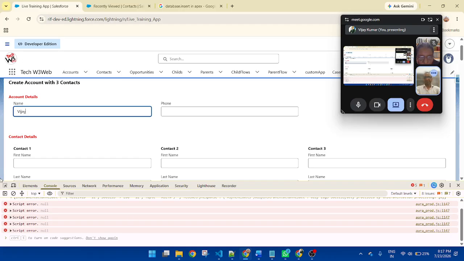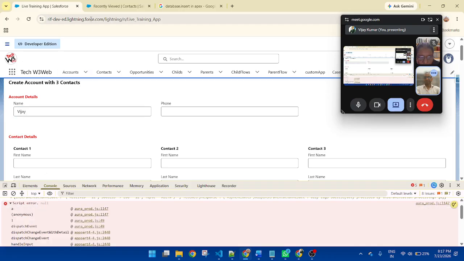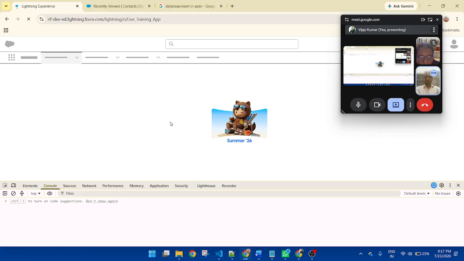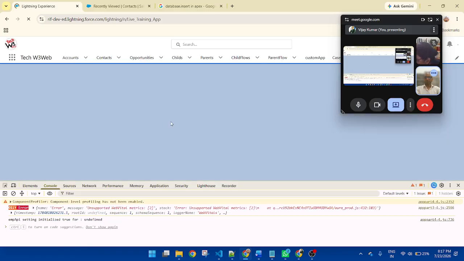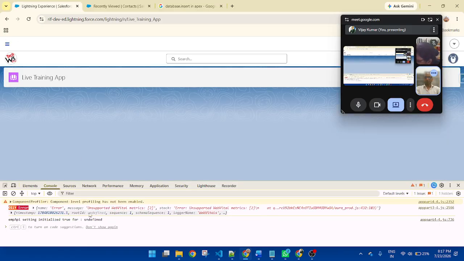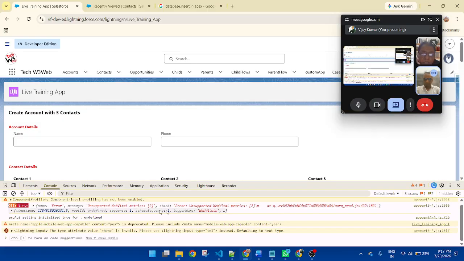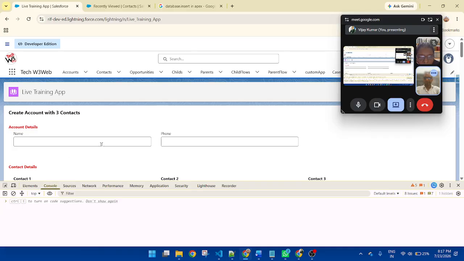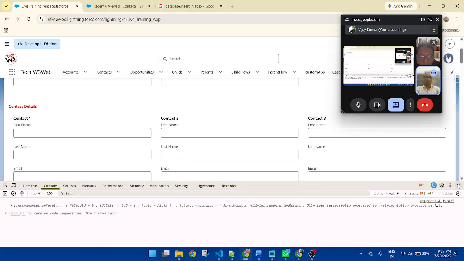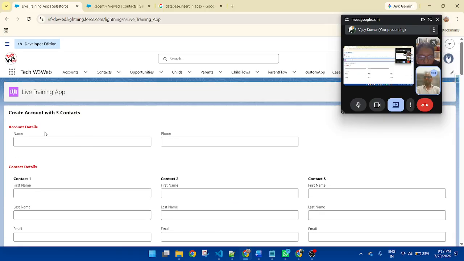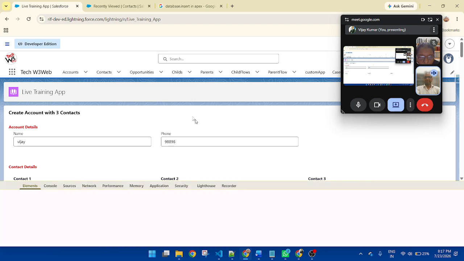Script error. Now let's fill the form. Vijay Kumar, Vijay phone, mistake, console.